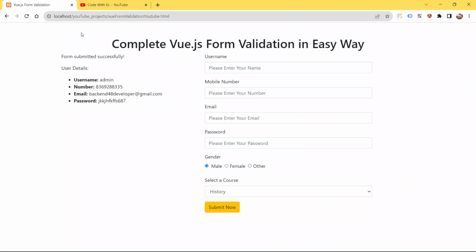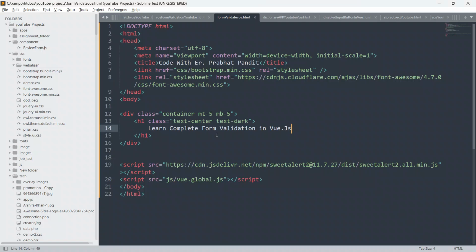So it is very compulsory to learn form validation, so that the user will only be able to submit the required data, the necessary information, into your database, into your form.